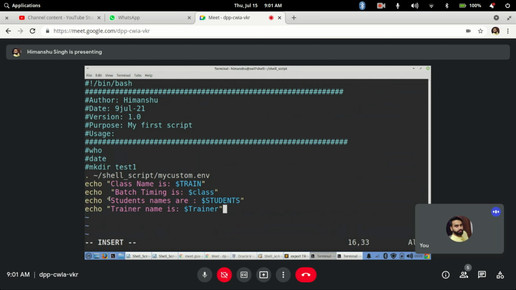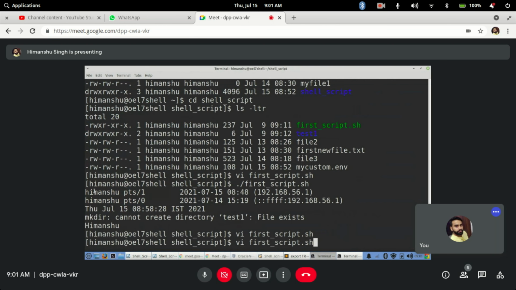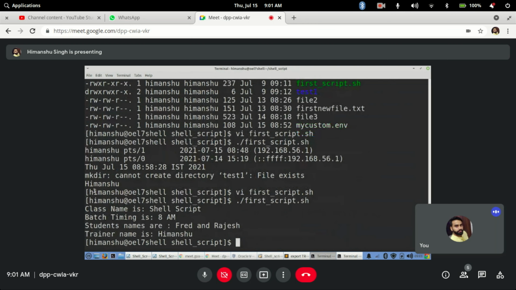Now if I run this script, you will see it has automatically taken whatever you wanted. Whatever is defined in the custom environment file, or you can say custom variables, whatever you want to define. An environment file is just for when you want to treat them as environment variables, but if you want to treat them as just variables, you can give any name.